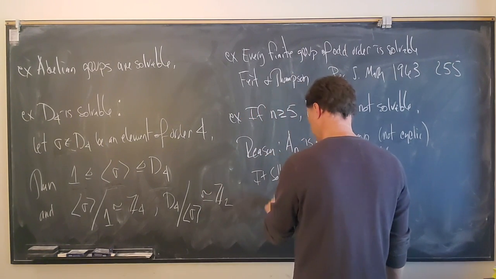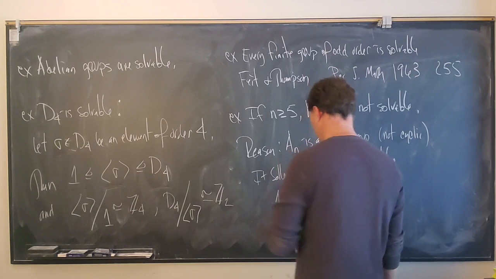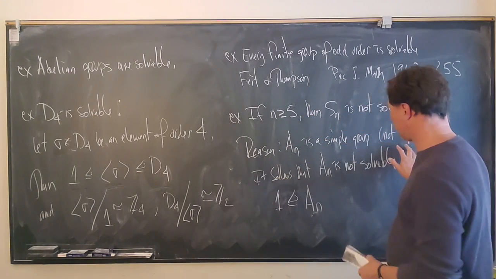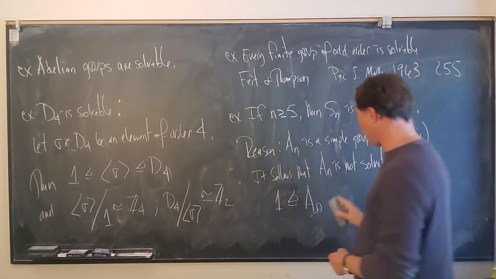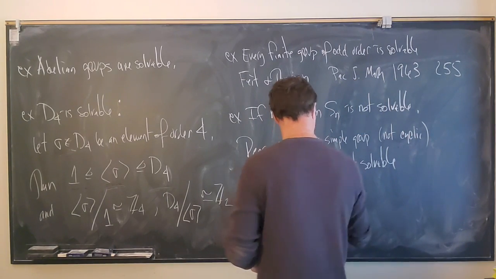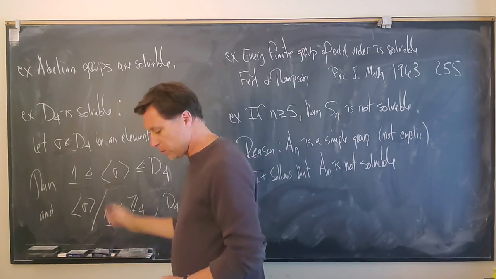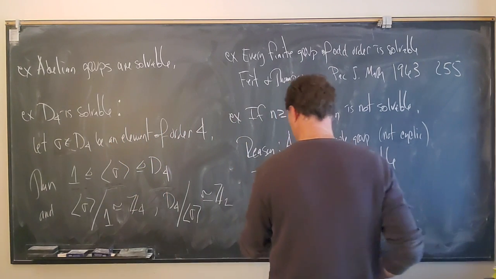Right, the only normal subgroup is right there, and when you take the quotient, you get something that's not cyclic. Now, okay, fine. So A_n is not solvable, and what we will see